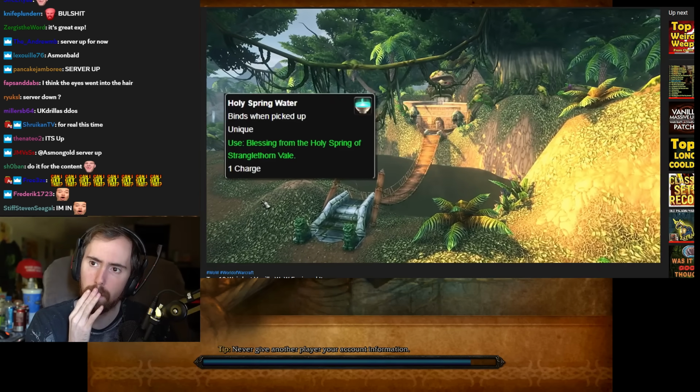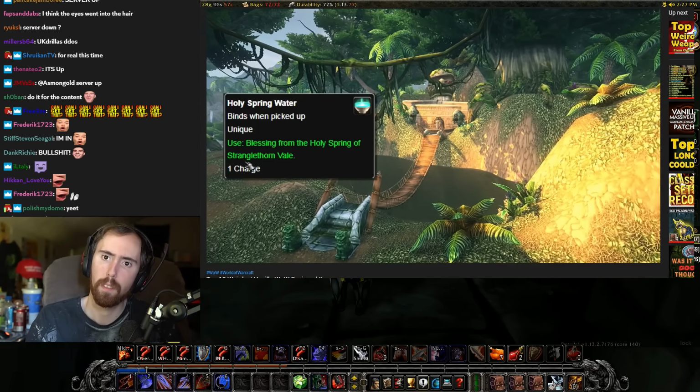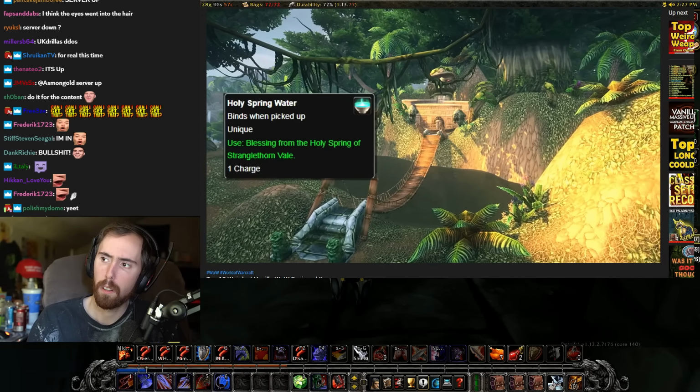Anyways, the first part of the quest required you to go to Stranglethorn Vale, in the middle of a Naga camp, in order to get some holy...